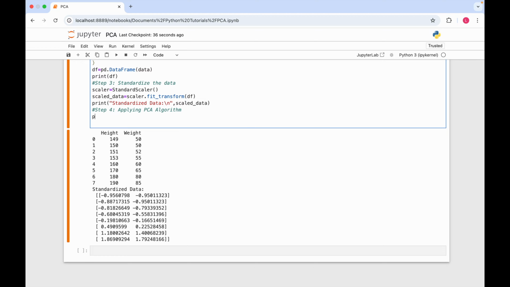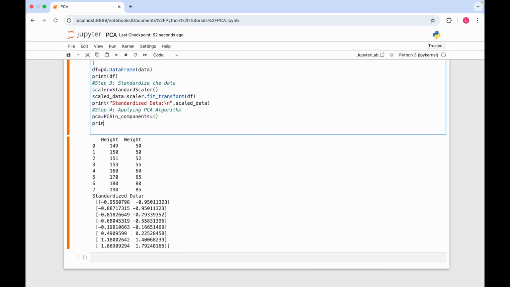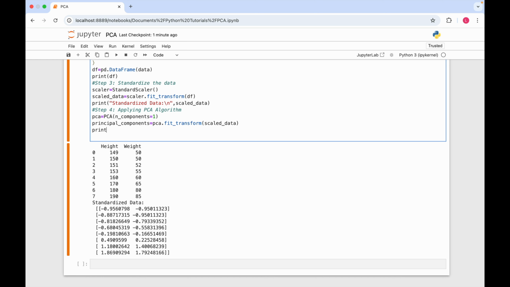Hence, pca equals PCA, and then I will give n_components equals 1, and then principal_components equals pca.fit_transform(scaled_data). Print principal components,